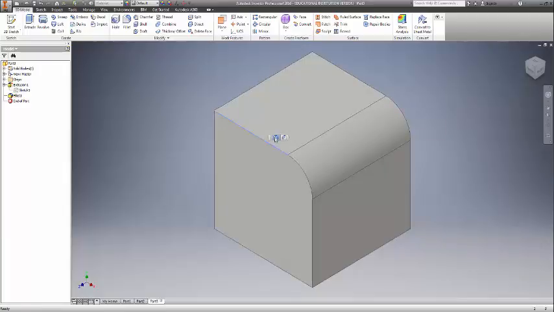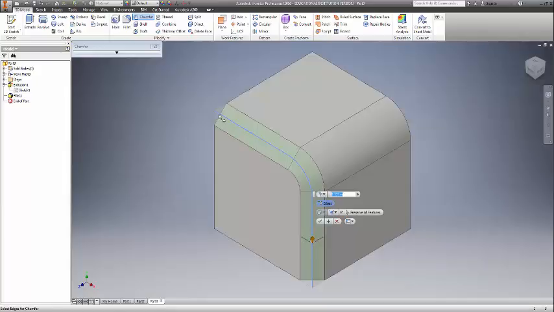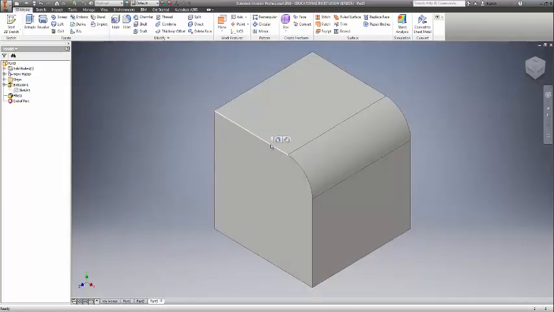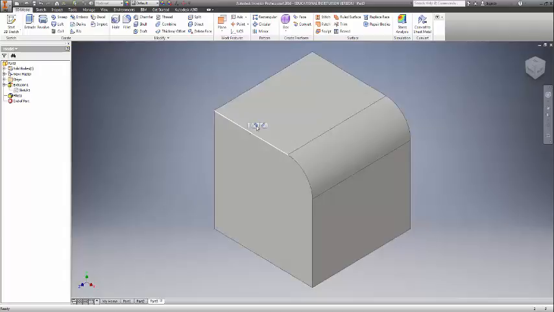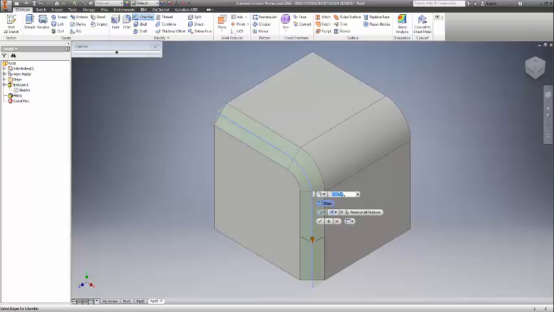I also can left click on the angles, or on the sides here, and it gives me the option to create a chamfer or to create my own fillet right there. So let's do a chamfer this time. And if you notice, it actually follows this edge all the way down. I don't know if I want to do that much of it, but that's okay. So let's do this. Let's click on the chamfer, and let's do